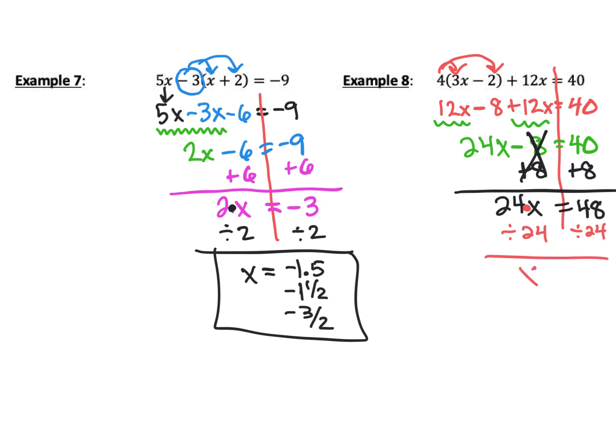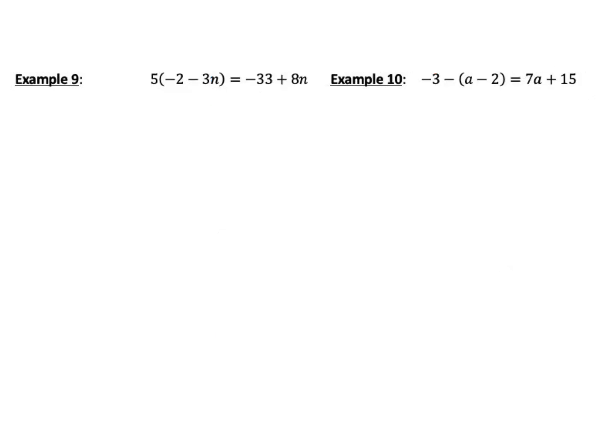48 divided by 24 is 2. All right, example number 9. So just kind of a little bit harder in a way, okay? So again, let's go ahead and multiply in our 5. So 5 times negative 2 is negative 10, minus 5 times 3n is 15n, and then we have negative 33,